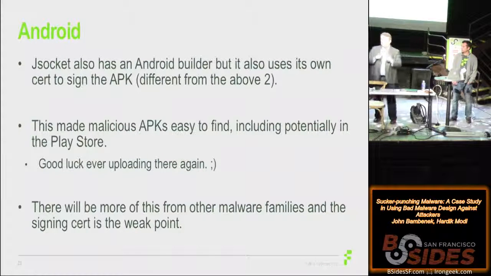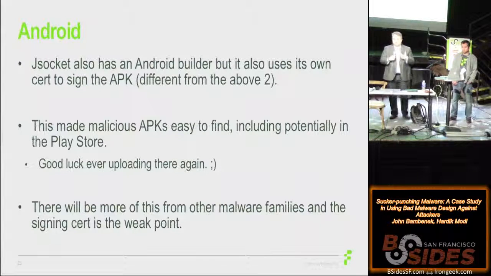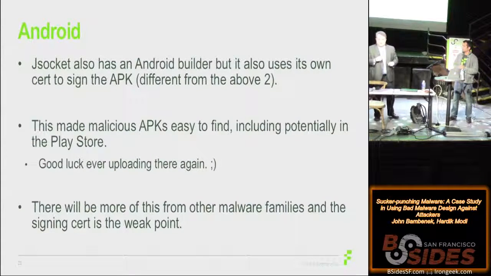I mean, usually the model for malicious APKs is some kind of social engineering to get somebody to, hey, install this, change the settings on their phone, but there was a small window in which to get this into the Play Store, all right? So there will be some more forms of this, right? As builders for APK malware happen, it's about managing the certificates. It'll be a very difficult thing for the attacker to do, but looking for those attributes will certainly make it easier to detect malicious APKs. So something to keep track of more than just in this narrow case of Java.